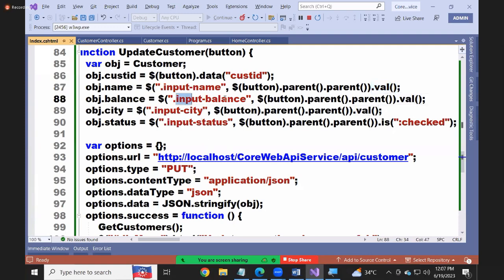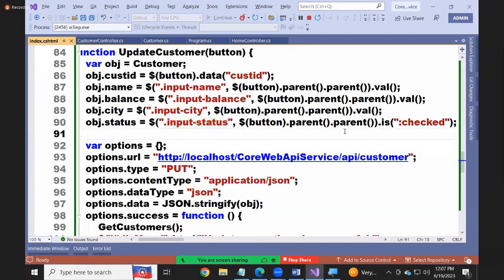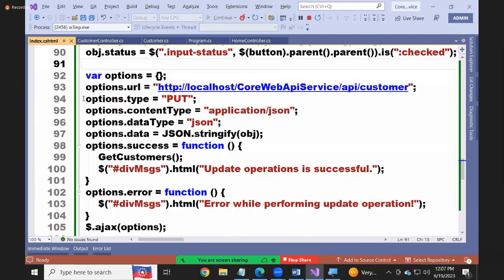Same process. Second one, balance. Third one, fourth one, input status, because we have taken all text boxes here. This is how you get to the appropriate row. Last one, is checked or not. Again, same process. Options: URL, type is put, content type, data type, JSON dot stringify. Pass the object, it will convert into JSON. Success, call get customer, display the message. Failure,